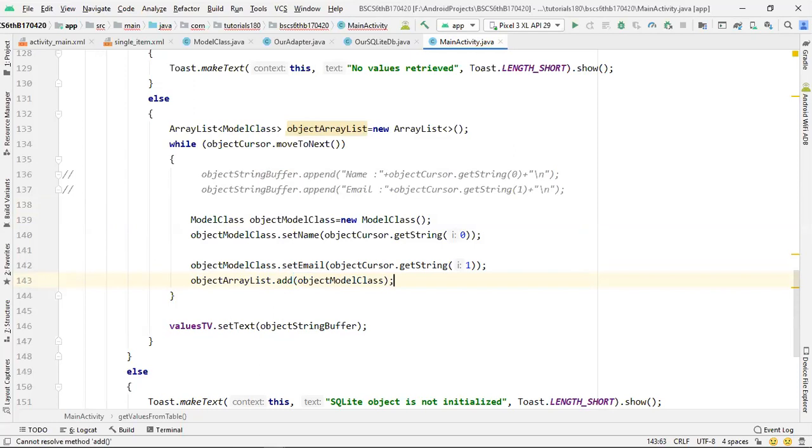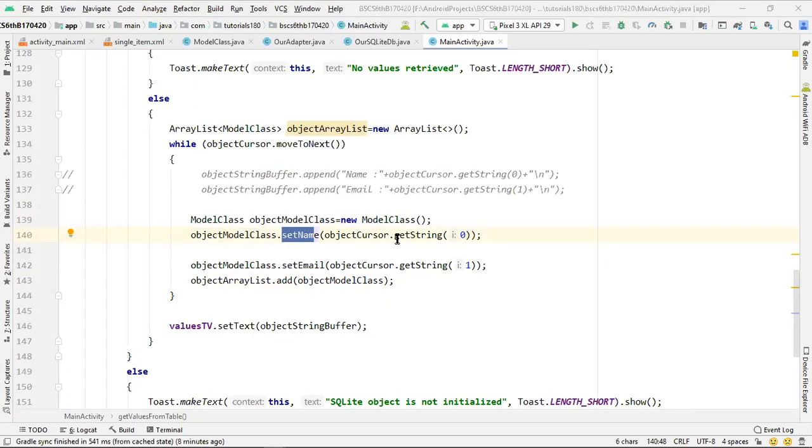Now what will happen over here is that every time we get a value out of our cursor, we're going to create a new model class object, and with this model class object we're going to use the set name method and set email method.